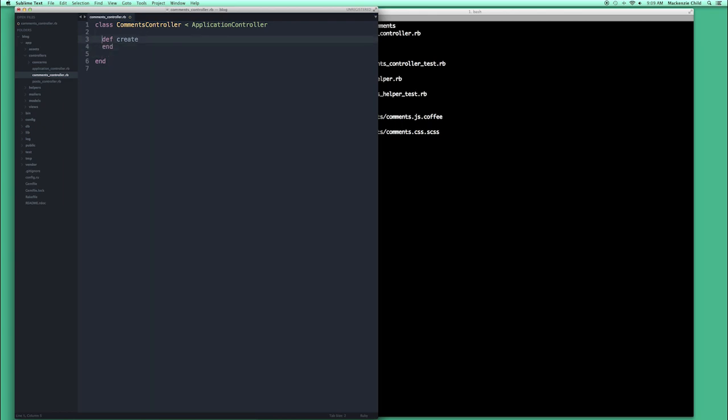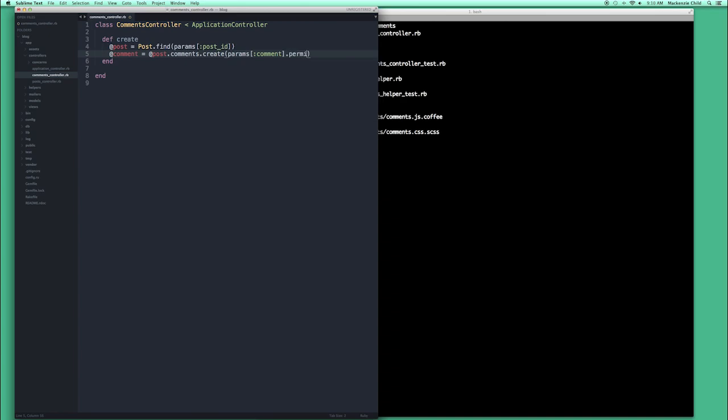So in here, we're going to do @post equals Post.find, and we're going to do params with the post ID, and then we're going to define comment as